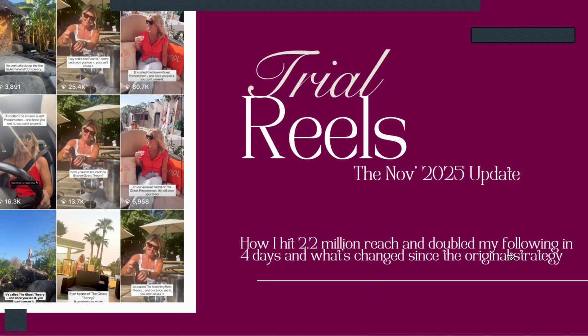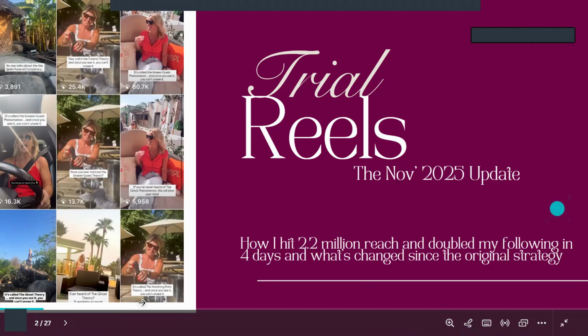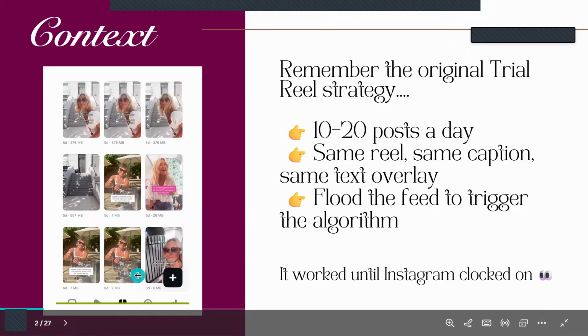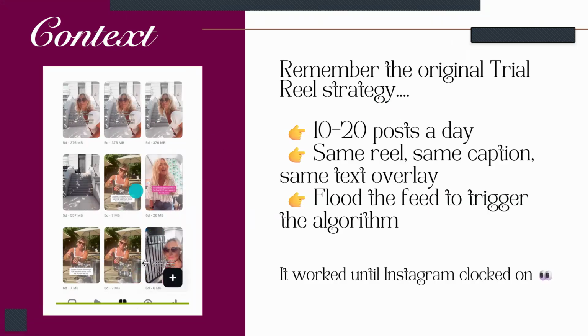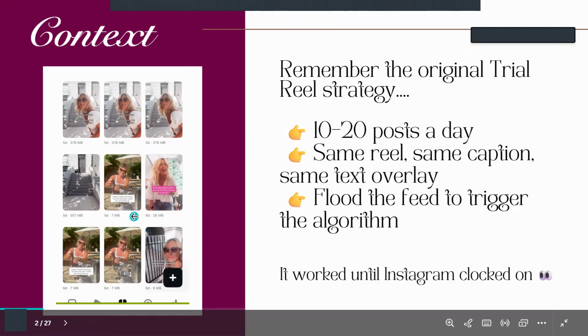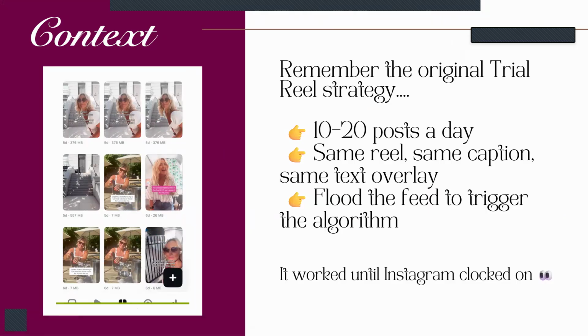Okay. So it's going to be simple. I've kept it as simple as possible so that I can just basically go through the basics with you. For context, if you remember the original trial strategy that I shared, that is still in the mastermind directory for you to refer to, because it does have some of the background in it.